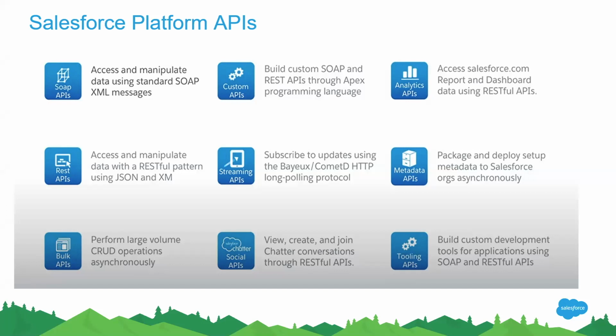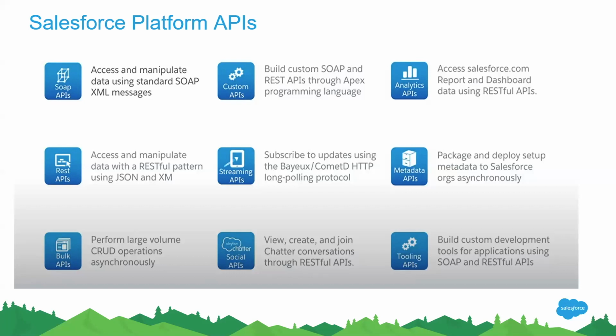And streaming API is something that you use, let us say you are updating some data, you want to execute a trigger, and you want to stream some API data to some third party application, you'll use streaming API. And metadata API is something that Salesforce uses for packaging and deploying setup. So the entire Salesforce packaging, deployment, all those things is based on the metadata API.